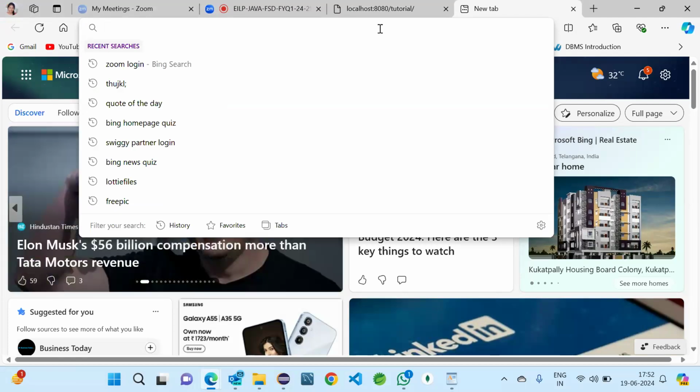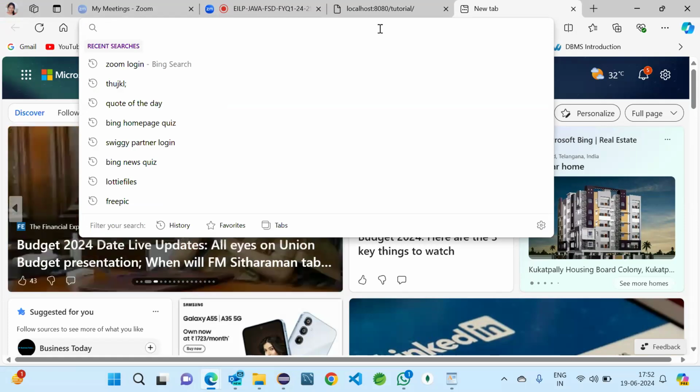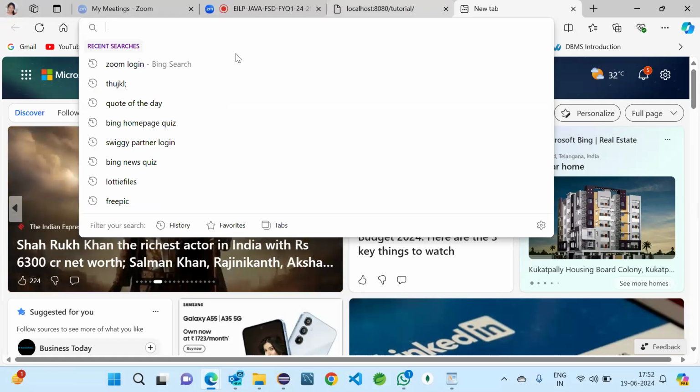I will take the JavaScript CDN and styles also. Styles will be going with Bootstrap, so I will take the Bootstrap CDN and one JavaScript. If we require anything else, we'll add it later.